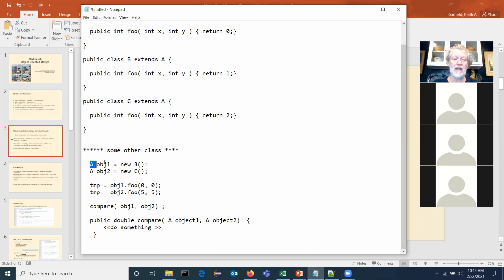So first of all, why am I allowed to do this? I said, hey, I want to build something of class A. I'm going to call it object 1 and give me a new class B, which doesn't sound right, does it? Because I said, I'm going to get a new thing of class A, build me a class B. That actually works. Why? Because B is an A, right?